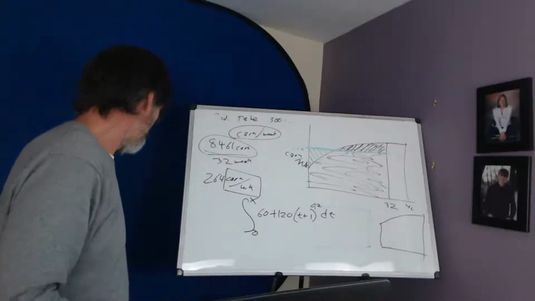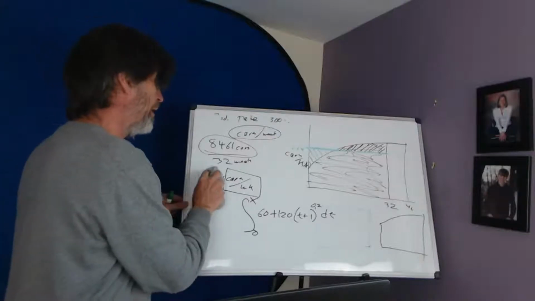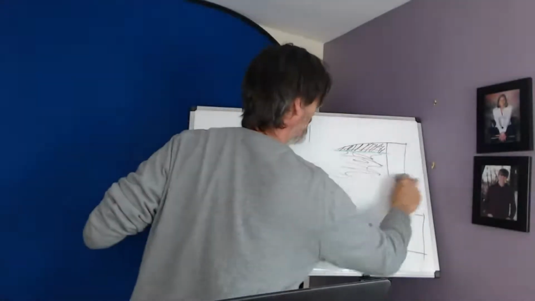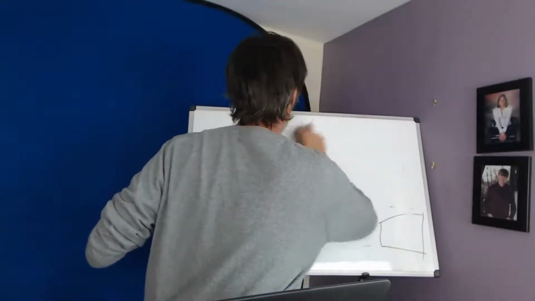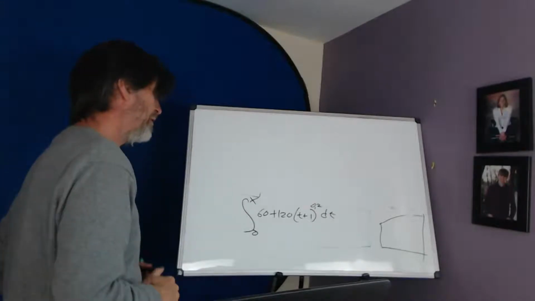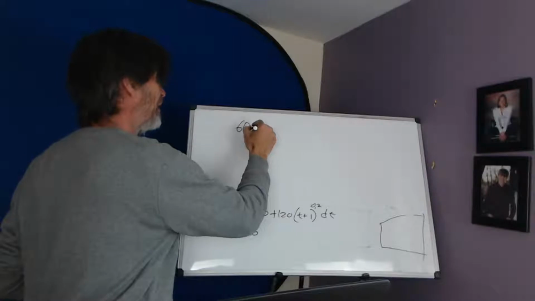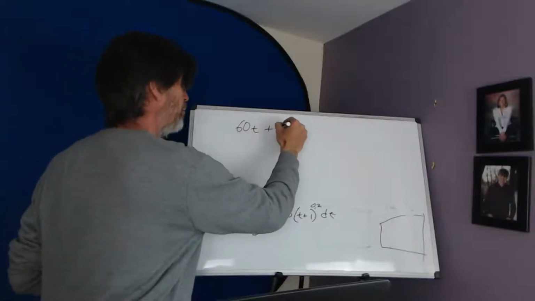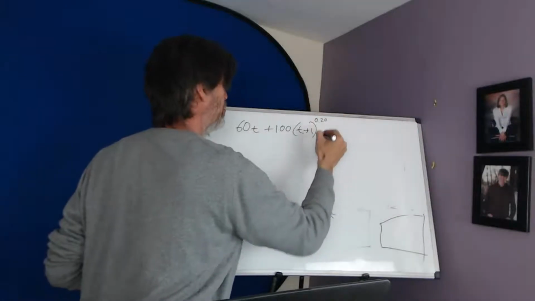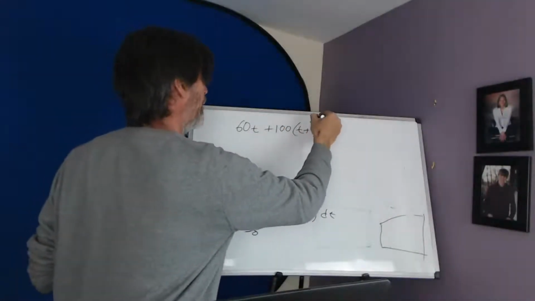So let's go a couple of steps further. Let's do the antiderivative and then plug the numbers in. Well, we had the antiderivative before, and we've already plugged in the 0, so there's not a whole lot more we can do. But let's get it on absolutely perfect, safe footing. The antiderivative, as I mentioned before, was 60t plus 100 times t plus 1 to the 0.2 power. Oh, I'm sorry, to the 1.2 power, we raised the power by 1.